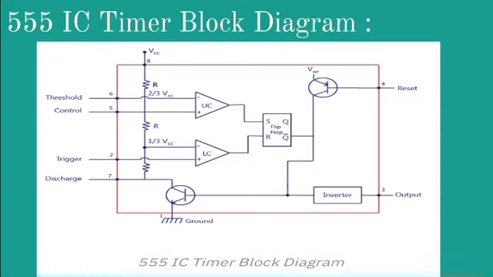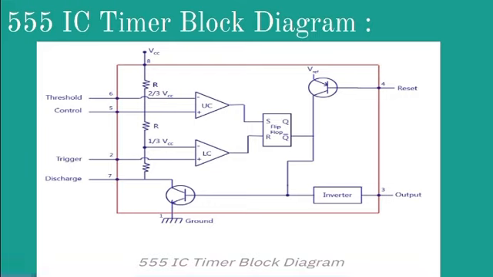Connecting the reset pin, that means pin 4, to logic low will place high on the output of the flip-flop. So the discharge transistor will go on and the power amplifier will output low. This condition will continue until the reset is taken high. This allows synchronization or resetting of the circuit's operation. When not in use, reset should be tied to plus VCC. So this is about the working principle of a 555 timer.